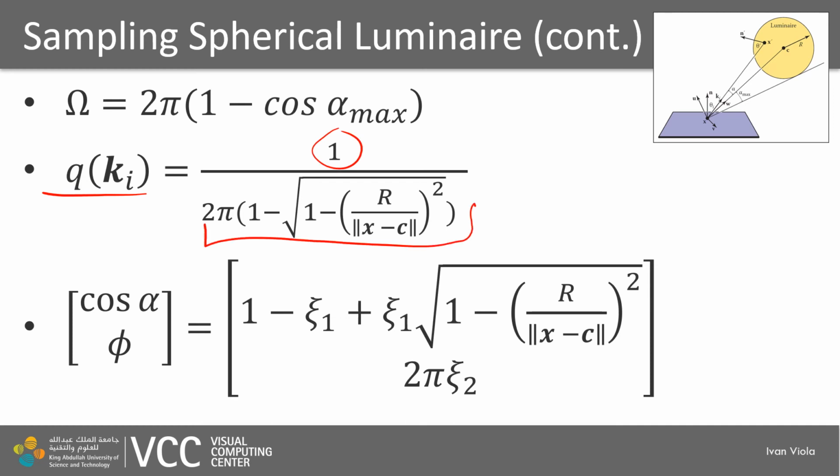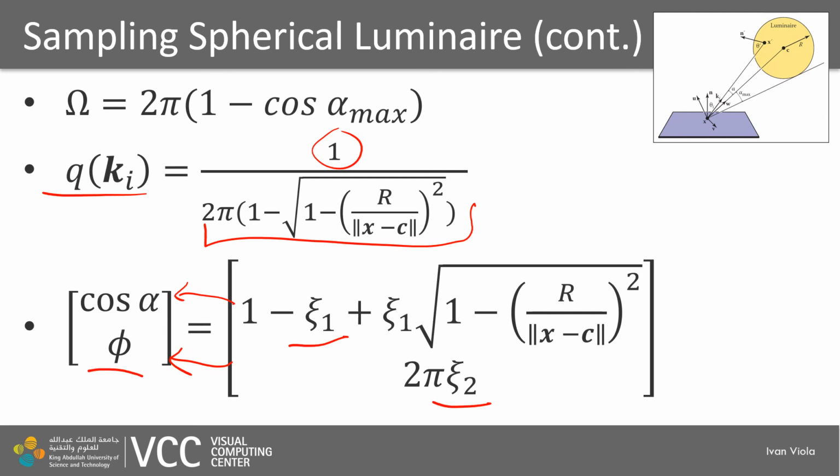And by following this and the strategies from the sampling lecture by function inversion, we can obtain again a fair sampling of the spherical luminaire by using the two canonical random variables defined over the interval 0 and 1 for uniform sampling, and we can turn them into fair sampling of alpha and theta,